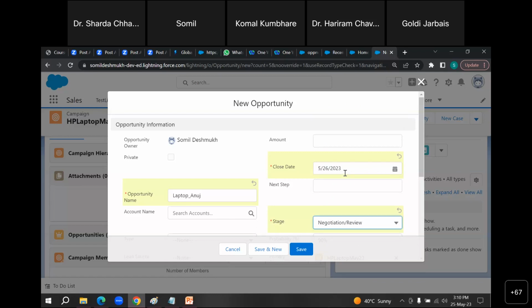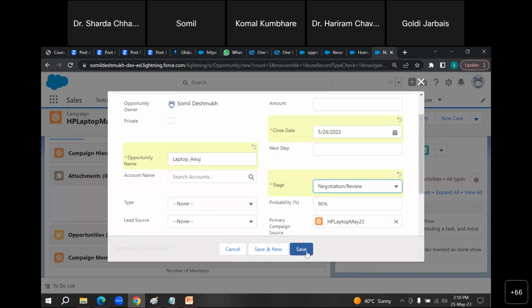So you can add stages there. You can directly jump to the last stage, or you can directly jump to the middle stage also. It is not the case that you have to go through all the stages every time. If you are in B2B, yes, there can be multiple stages. But if you are in B2C, it is not required that every stage has to be there. So you can jump directly to a stage.